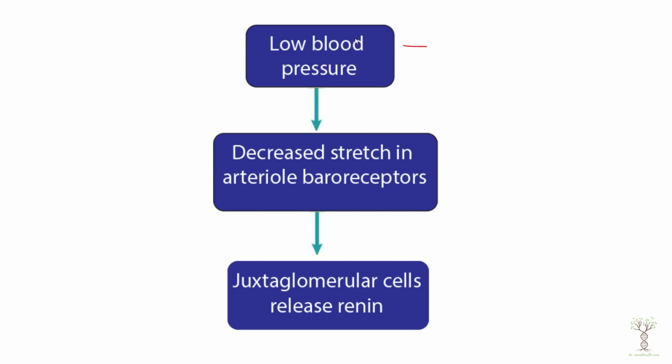Now, let's suppose we have low blood pressure. You haven't had a glass of water in a while. There's going to be decreased stretch in those baroreceptors in that afferent arteriole, also a little bit in the efferent, but primarily the afferent, where the blood is coming in. And that is going to trigger the juxtaglomerular cells. Now, one of the effects of this negative feedback system is that the juxtaglomerular cells will produce this molecule called renin. Renin is part of the Renin-Angiotensin system, or the RAS,